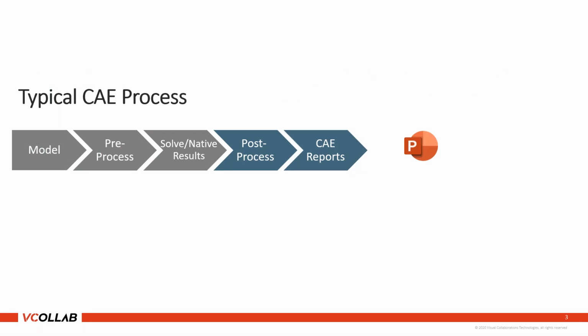As we talk to our customers and new prospects, what has emerged is a somewhat fairly typical CAE process leading up to the PowerPoint reports that we've been talking about today. This is a high-level representation of it. What we found here is that in many companies, most of the first 3 steps that you see here in gray